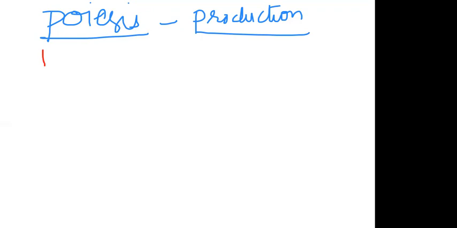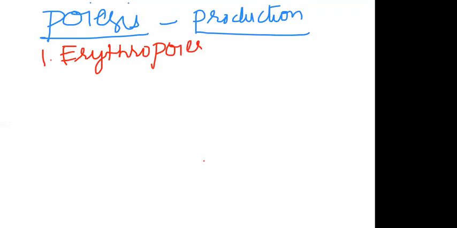Poiesis, which means production. You need to remember this, the language we are learning now. With this poiesis, let us frame some definitions. Erythropoiesis.